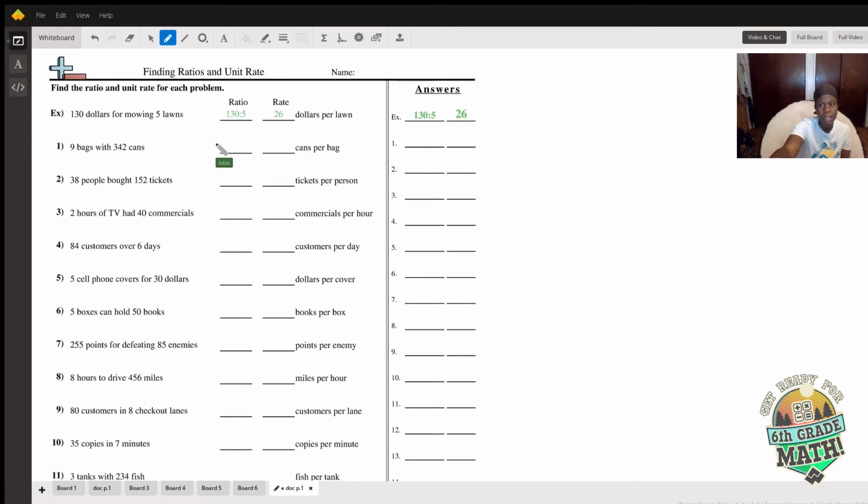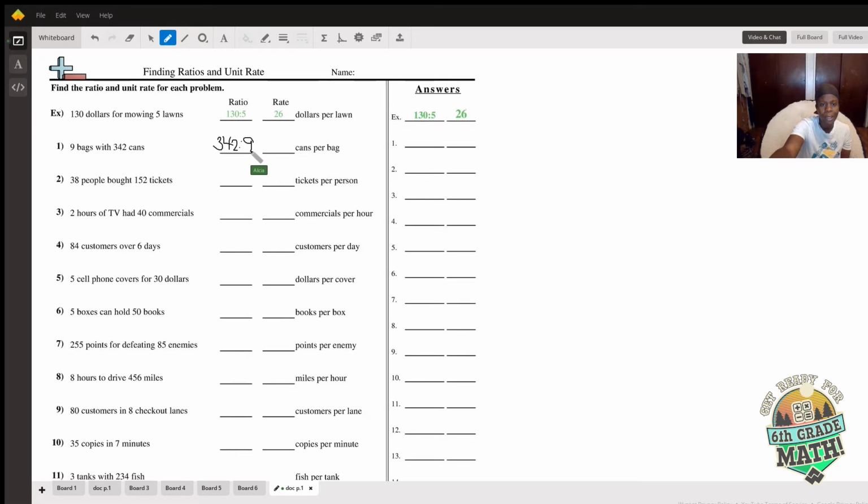Give you a couple of seconds to think about that. Two more seconds. All right, so we would put the amount of cans first. And then the amount of bags second. So that's the ratio,